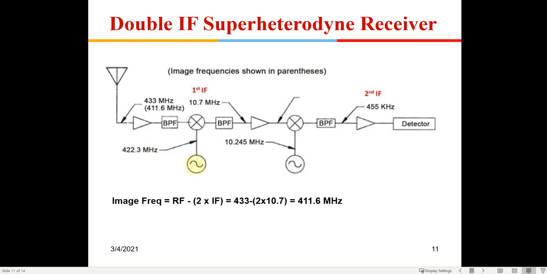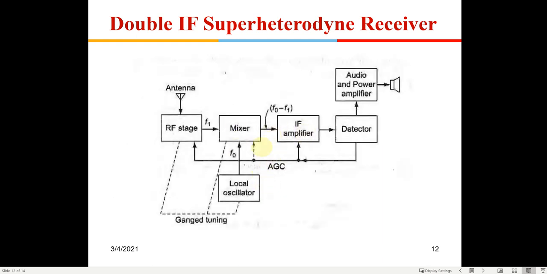So these two, and in fact this mixer, these three will be tuned together, whereas this will not be tuned because here it is fixed. This frequency is going to be fixed here, 10.7. This band pass filter is all designed for 10.7. This band pass filter is designed for 455 kilohertz, and this local oscillator will be permanently oscillating at 10.245 megahertz, right? So like I said, these three are tunable. Okay, so you have an IF amplifier. These are not tuned; these are all going to be fixed.